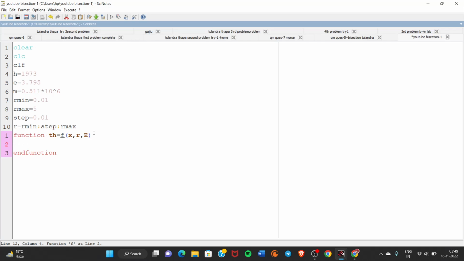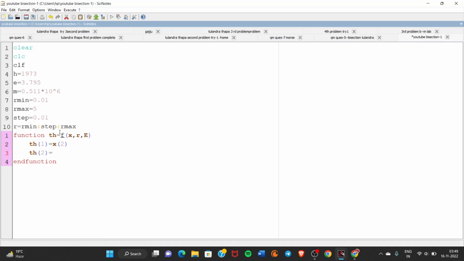So now we will write th1 equal to x2, and th2 equal to